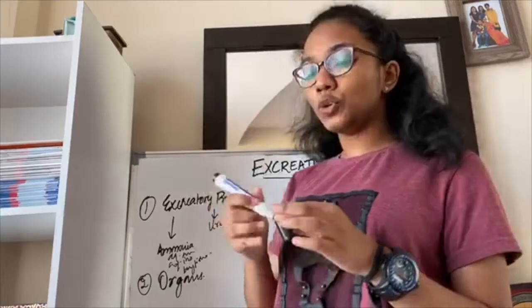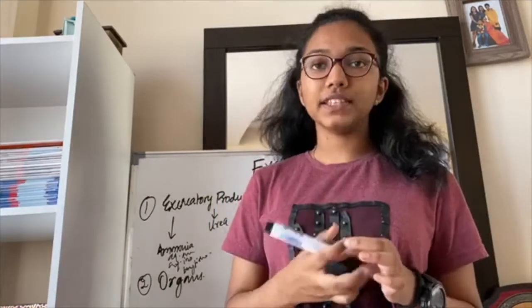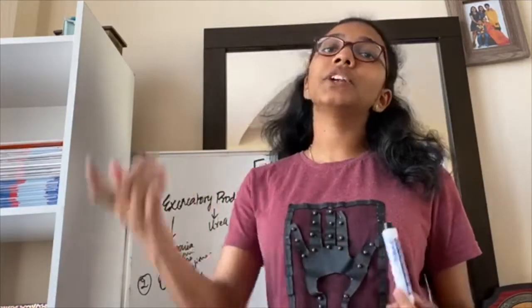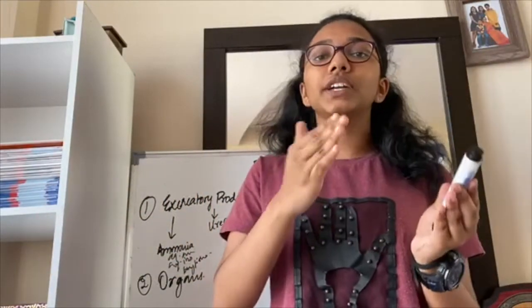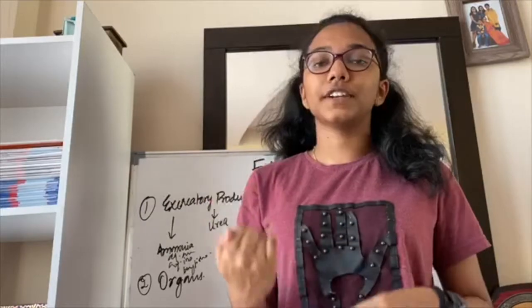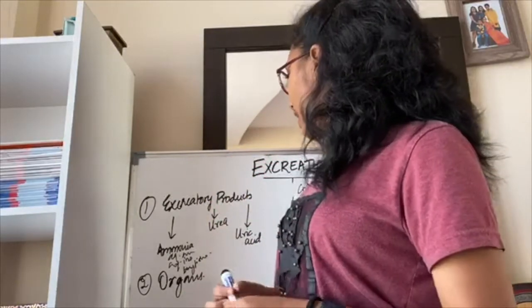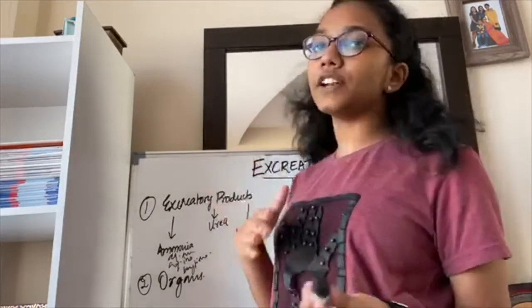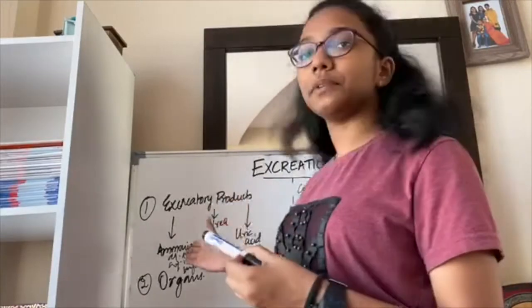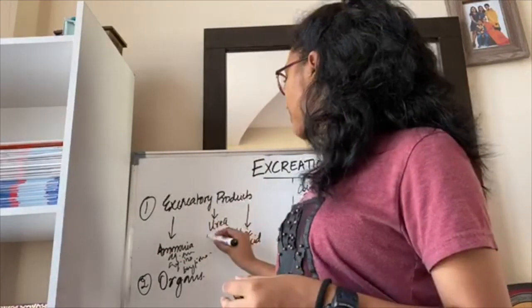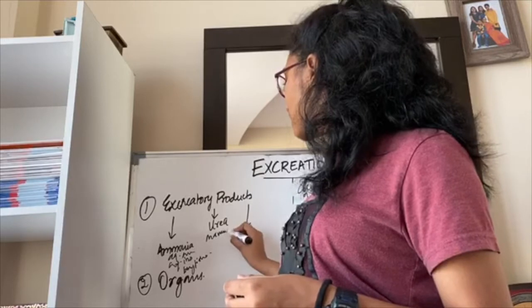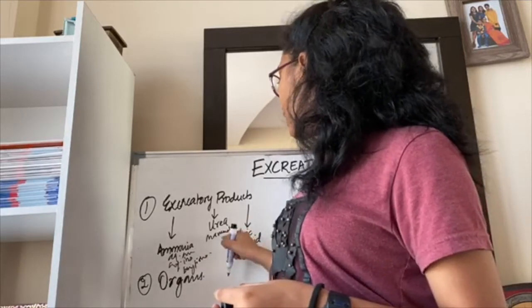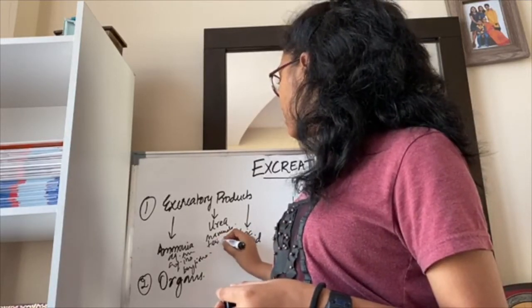Now urea. Urea is what we excrete. What happens is, ammonia is produced in our body, then it goes to the liver. In the liver it gets converted to urea, and this urea is brought to the kidneys via different arteries and veins, our blood vessels, and there it's filtered off, and then we excrete urea. So urea is produced by mammals like us, certain terrestrial amphibians,